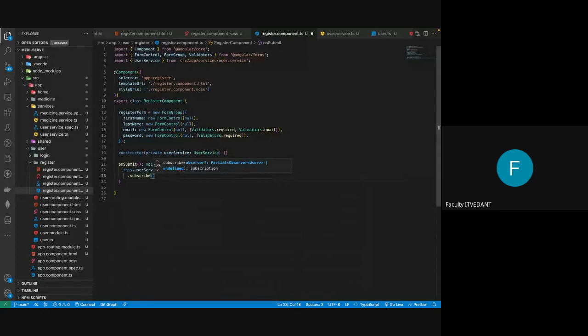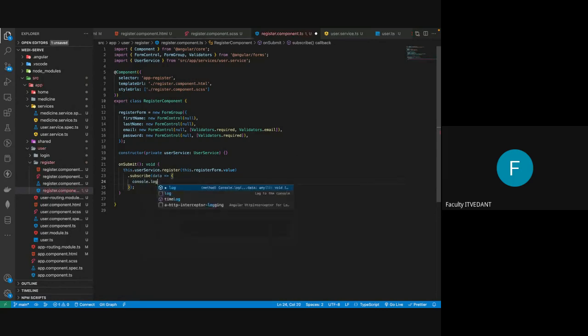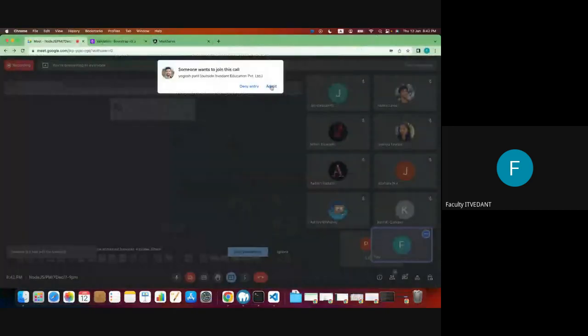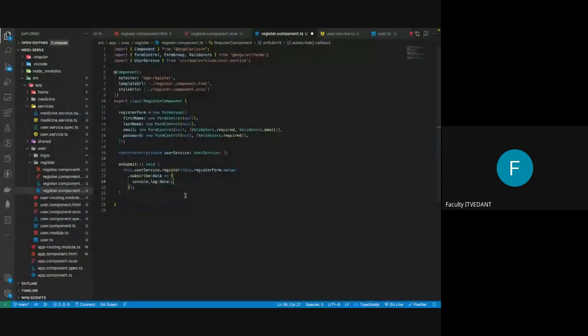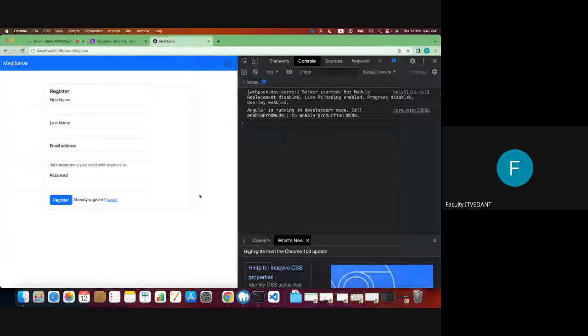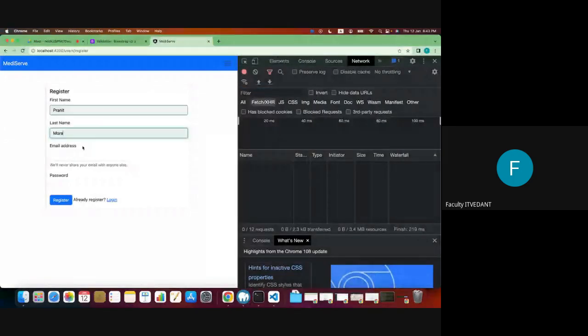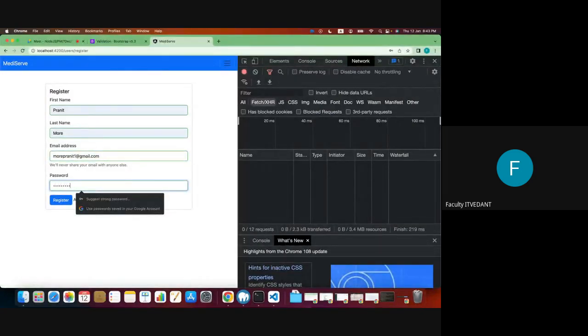Inside the subscribe, you will receive the data, which is actually going to be a registered user. So it would be data here. So let's check whether the user is registered successfully or not. I'll save it and see whether the API works or not. Let's refresh and check the network tab. I'll enter the field values. I'll change the email address admin123